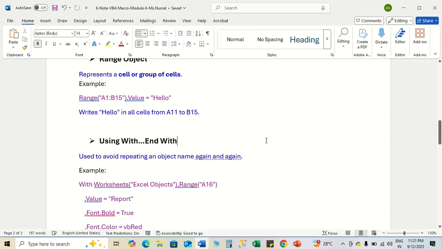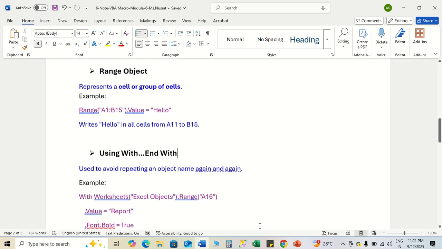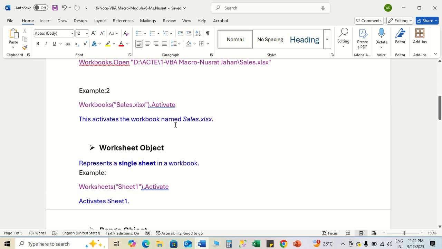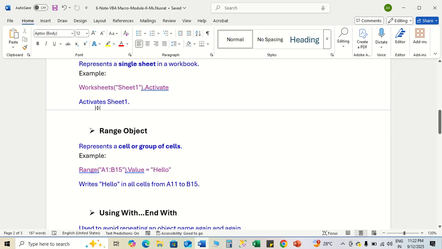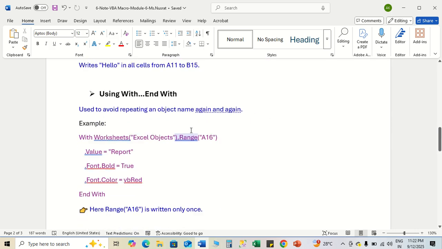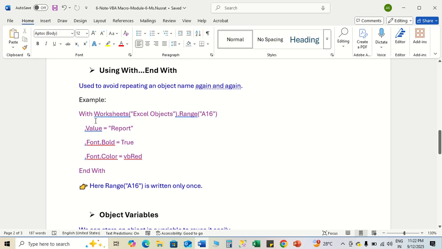After that, using With and End With. It is used to avoid repeating an object name again and again. Let's suppose we have a very big object name, like workbook and so on. We don't want to write a big name every time, so we can replace it using With and End With. So how can we write it? With worksheet